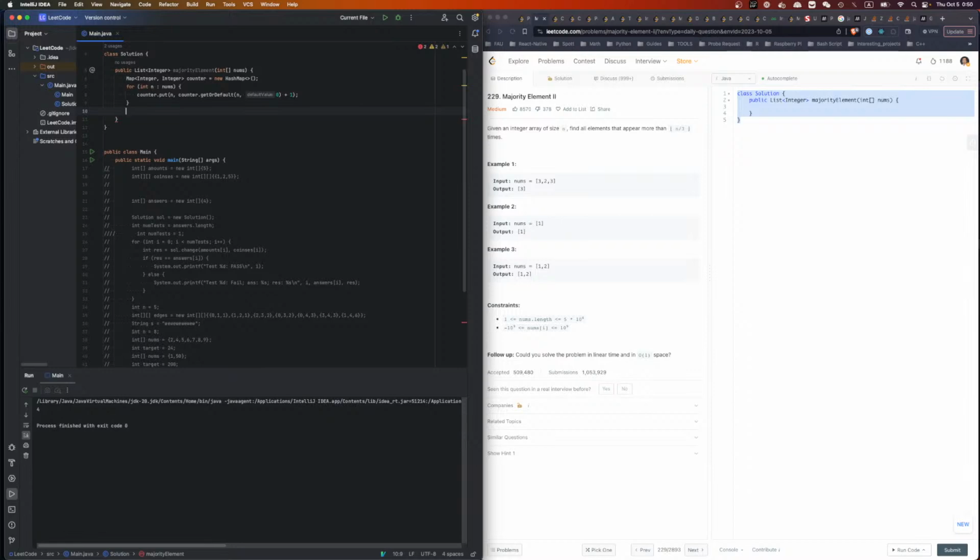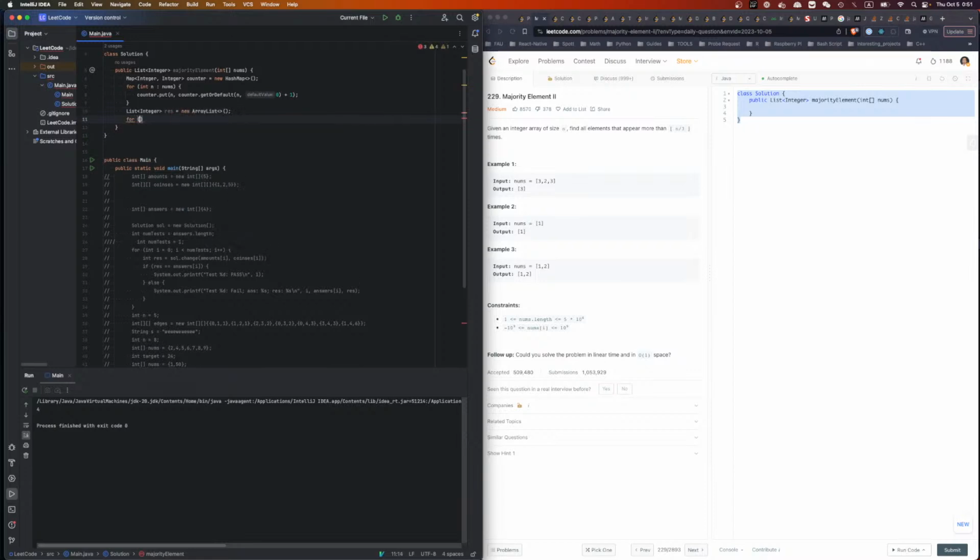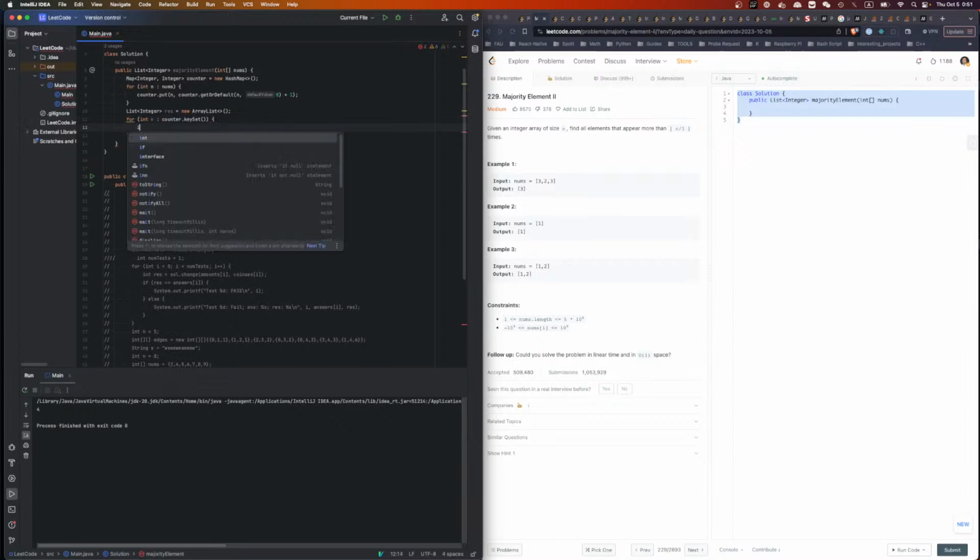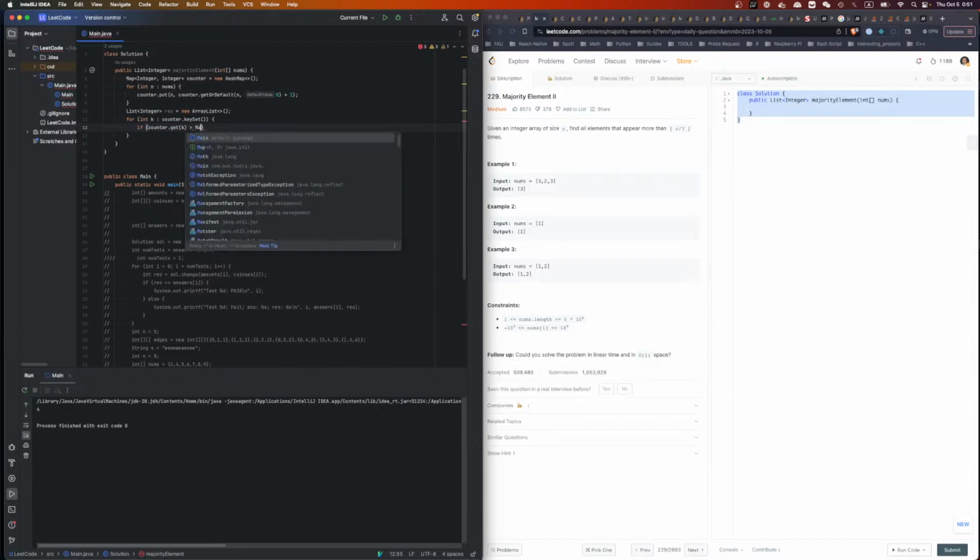It doesn't really matter on the order, so we say a List of Integer, res equal to new ArrayList. For int key of counter.keySet(), if counter.get(key) is more than math.floor,